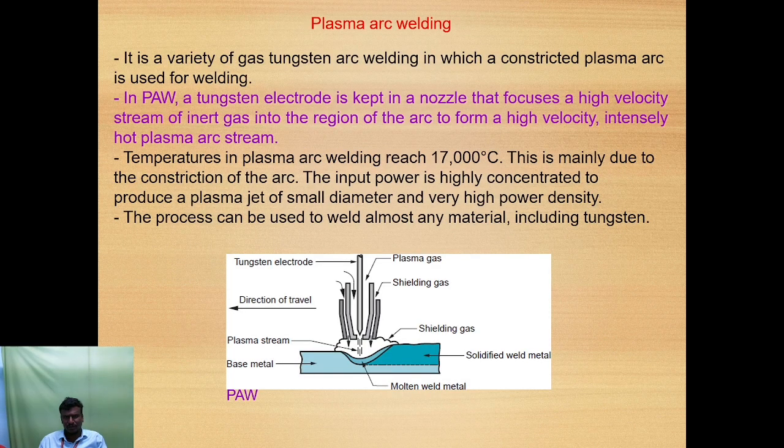The next important topic is plasma arc welding. It is a variety of gas tungsten arc welding in which a constricted plasma arc is used for the welding process. In plasma arc welding, the tungsten electrode is kept in a nozzle that focuses a high velocity stream of inert gas